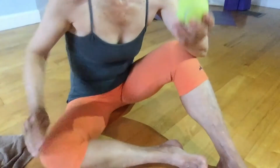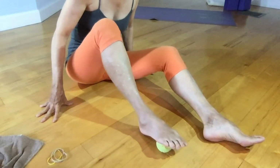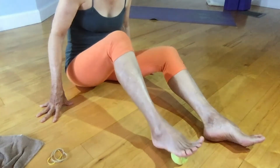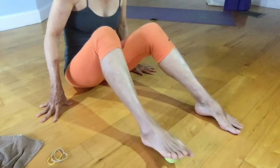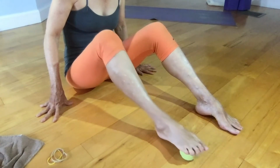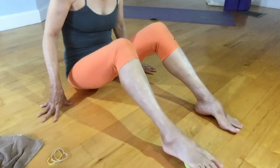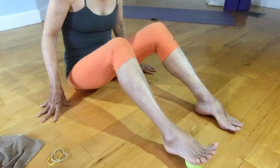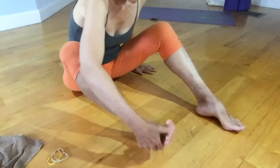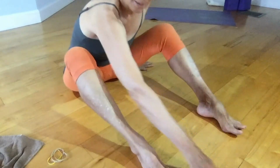using that. So take your tennis ball right at the base of the toes and put just a little pressure. Try to find all corners. So you just work a nice stimulating massage there. Now, of course, you can do the standing version as well. That puts a little bit more weight on the foot. And it just allows you to open the toes a little bit more to bring a little bit more circulation